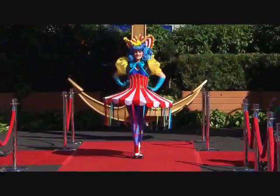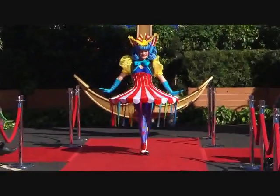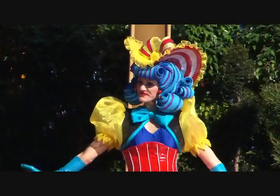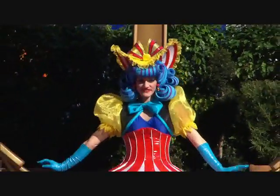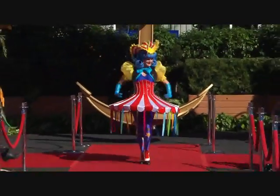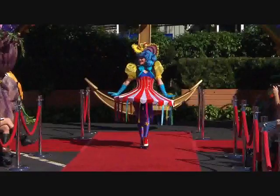From Snow White, the Seven Dwarfs, Alice, Mad Hatter, White Rabbit, Pinocchio, Jiminy Cricket, and of course, many of our VIP characters, as we refer to them, Mickey and Minnie, and we'll have Goofy and Chip and Dale, Pluto, Donald, and Daisy, all in brand new